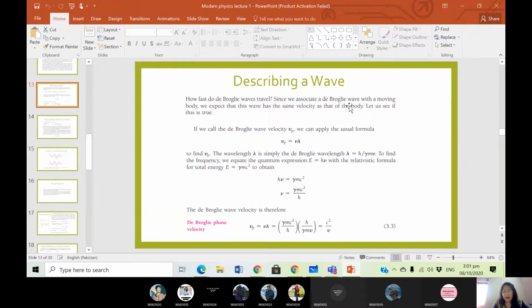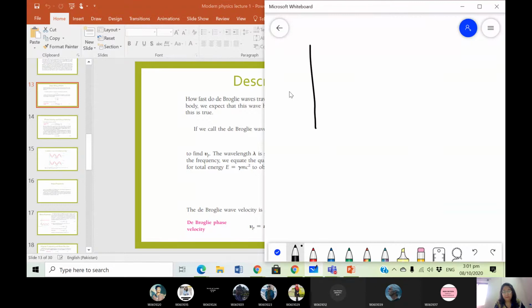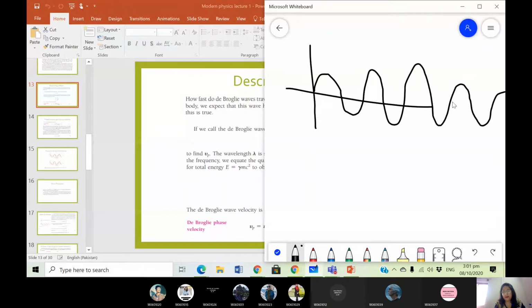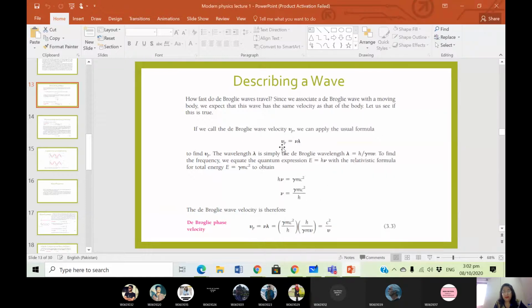So then, since we associate the de Broglie wave with the moving body, we expect that this wave will have some velocity. We already know that if we draw a wave, okay? If we draw a wave and it's moving, this is not to scale, but it can have a velocity, suppose in the positive x direction, if this is the x direction. Then it would have a velocity. So we have to talk about phase velocities and group velocities, and I will tell you what the difference is between them soon. So if we call the de Broglie wave velocity Vp, which is the phase velocity,